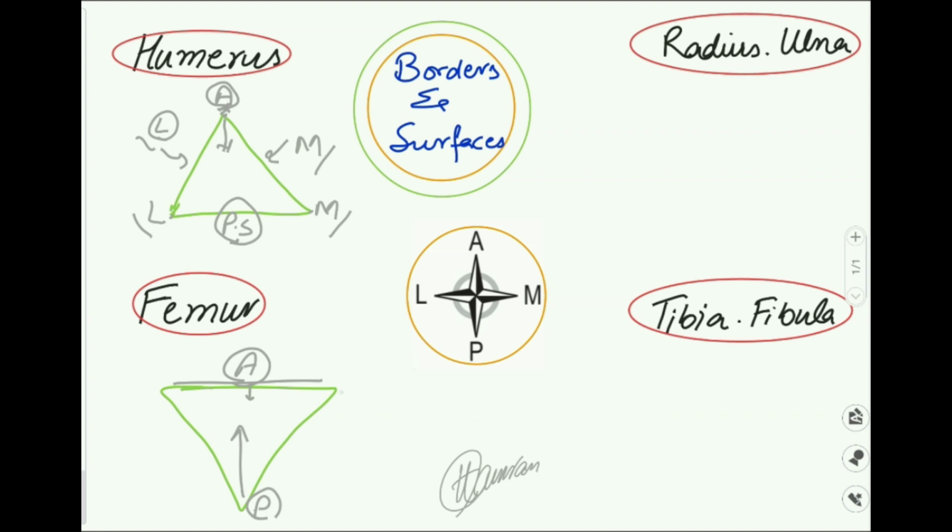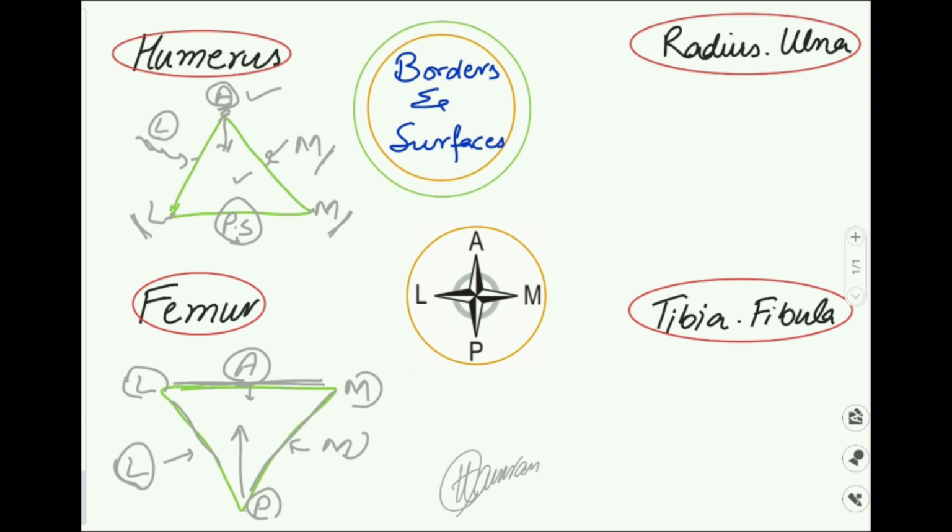Likewise in femur, we have got a medial border and a lateral border. Between medial and posterior, this surface is the medial surface, and between lateral and posterior, this surface is the lateral surface. So femur has got a medial border and a medial surface, lateral border and a lateral surface. But for the anterior surface, there is no anterior border, the border is posterior. So be careful in the start, you have to identify these odd ones, the anterior border and the posterior surface. There is no issue in medial and lateral. There is a medial border and a medial surface. There is a lateral border and a lateral surface.